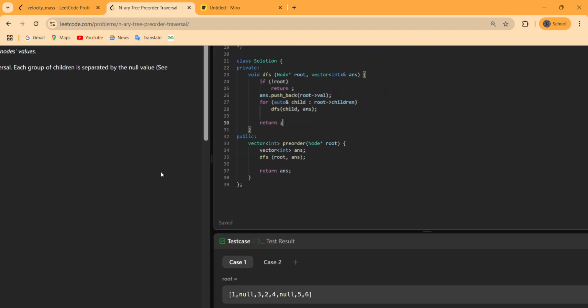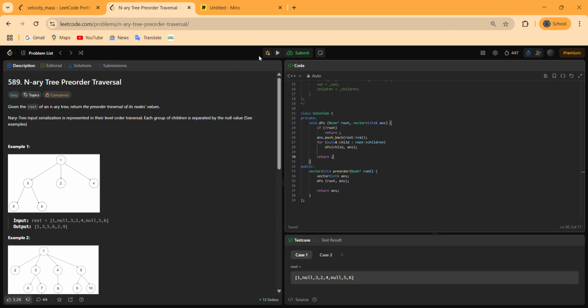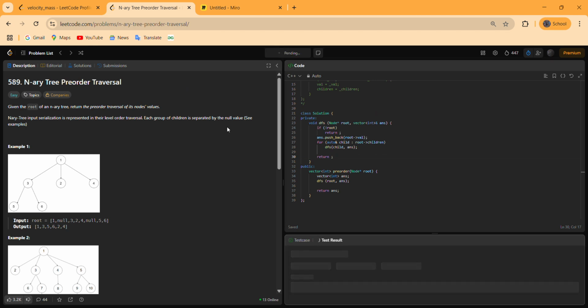This is a very basic code. Now let us run this and check if it is running fine or not. It is running fine, so let us now submit this and check if it passes all the test cases or not.